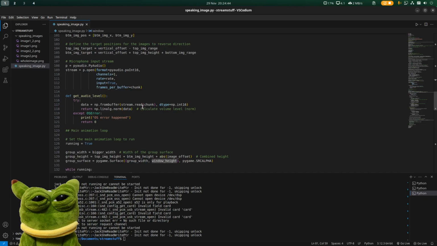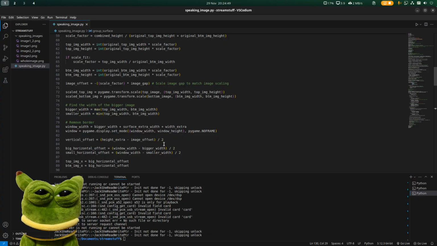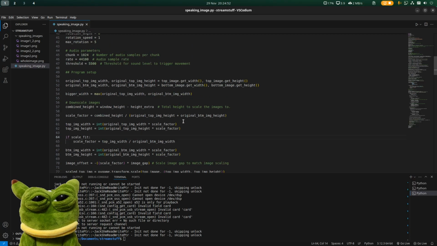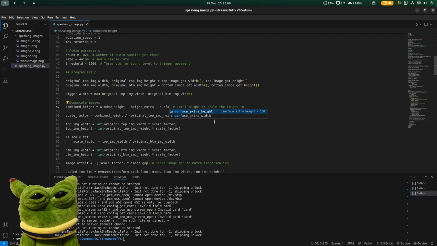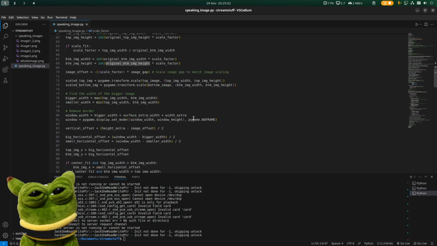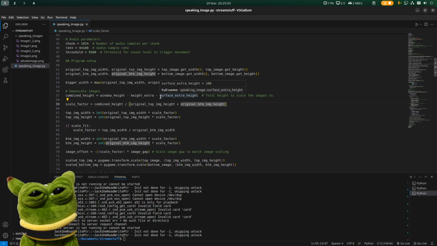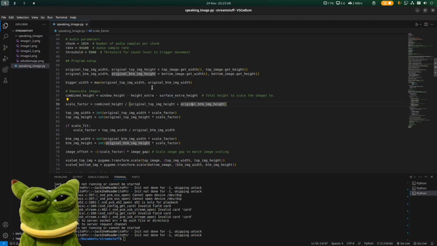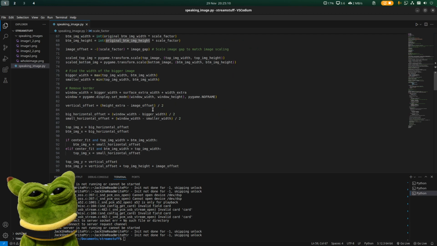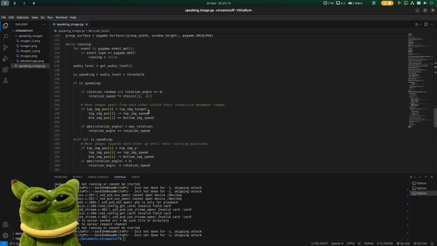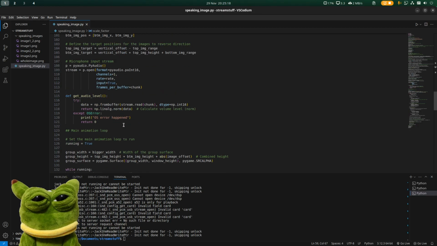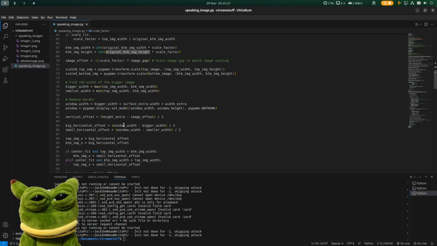Oh wait, sorry. Okay, so that's window height. We just want to make the thing smaller. So minus height extra, minus surface extra height. Here we go. Okay, so now we just can have our window be as it is. We don't have to modify how the window works, but we can modify the actual